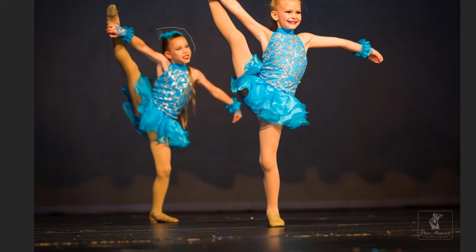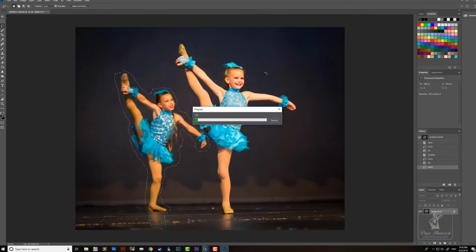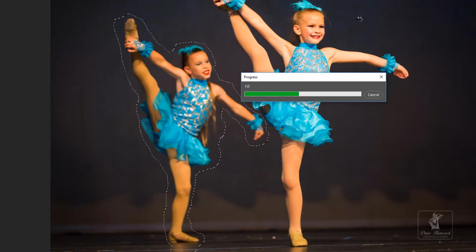So now we're going to target this other girl on the left, doing the same thing. Lasso tool, tracing all the way around her, being very careful. We're going to grab the reflection on the floor, just because we don't want some weird reflection hanging out there, and gotta be really careful with the mouse coming up through here. If we touch the other girl at all, we'll get a lot of weird repetition going on. So again, delete on the keyboard, hit OK. Content aware does its thing,